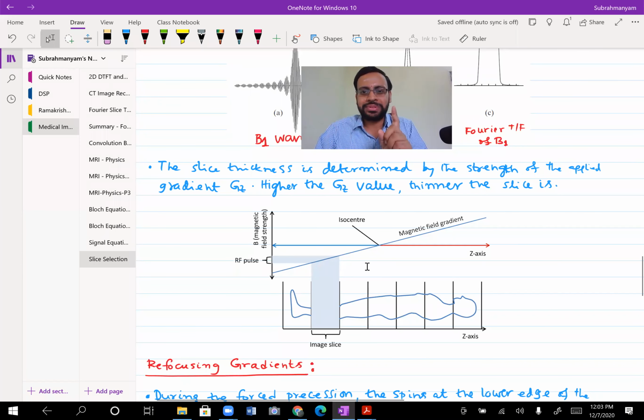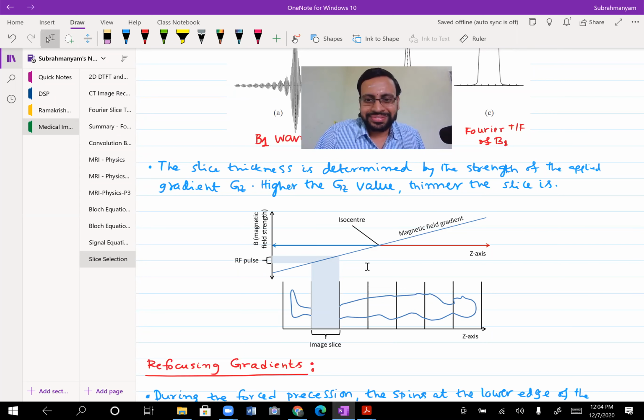Each is rotating at a different speed here, and then how do you get the FID signal or T2 relaxation signal? You take the projections on the XY plane, correct? Yes, sir. So since each of them is rotating at a different speed, the moment you are projecting, each would be at a different XY location when you take the projections. So all of them cancel each other out. That's right.